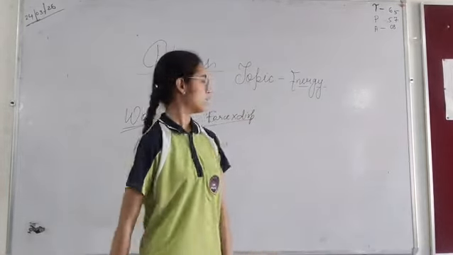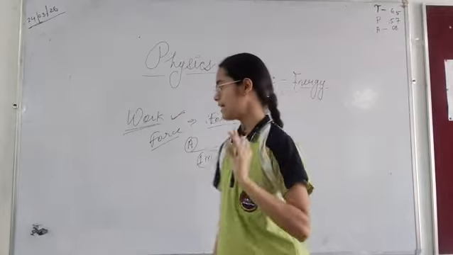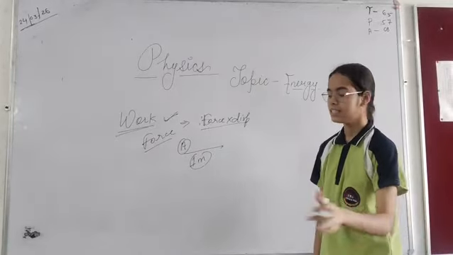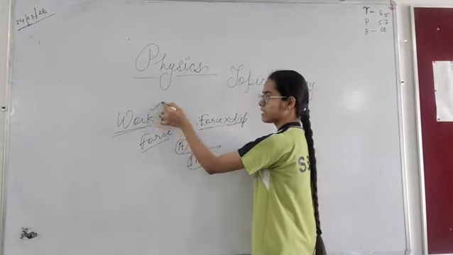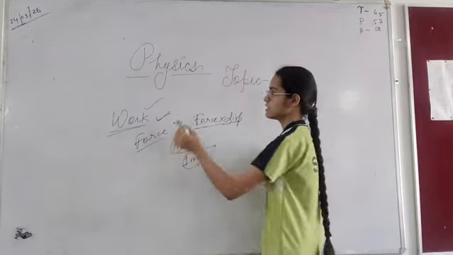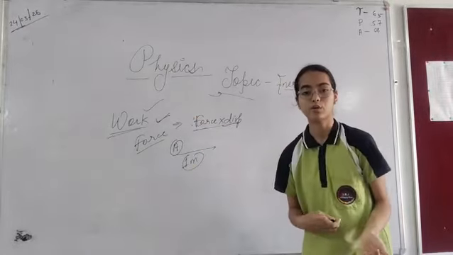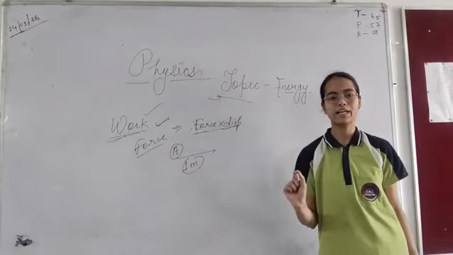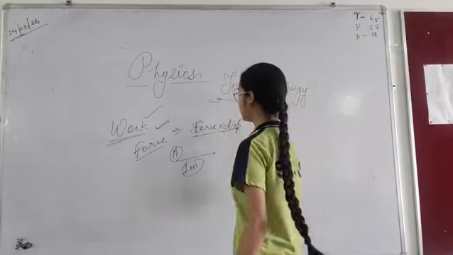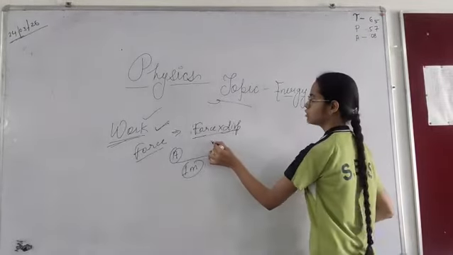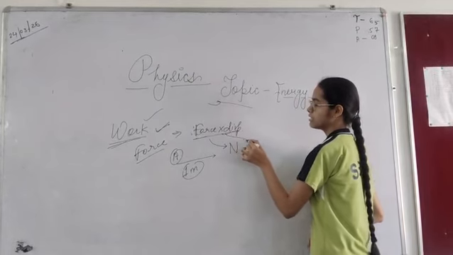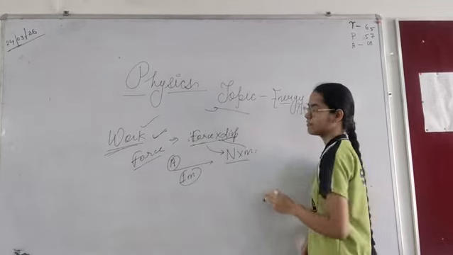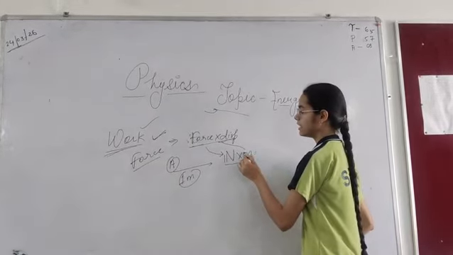Let us repeat once. What is work? If a body is given some kind of force and the body is displaced to a certain position, then that body has done some kind of work. Now energy is the capacity to do any work. Now we have understood what is work, and the capacity to do any kind of work is called energy. So for force we have the unit Newton, and for displacement we have the unit meters. So for work we will say that work is 1 Newton into 1 meter.